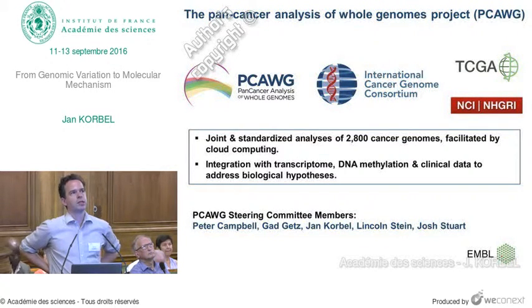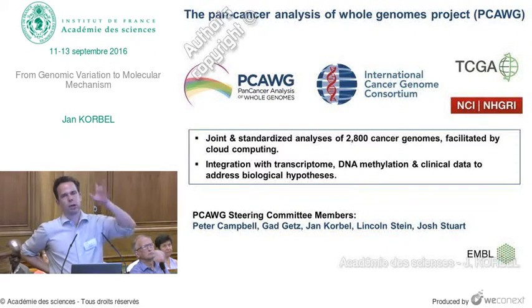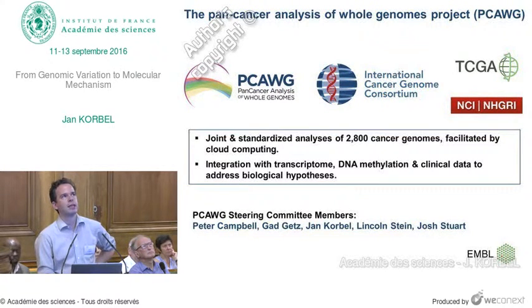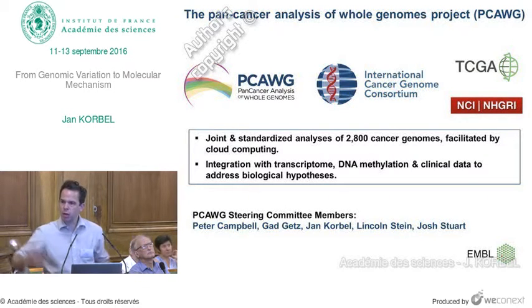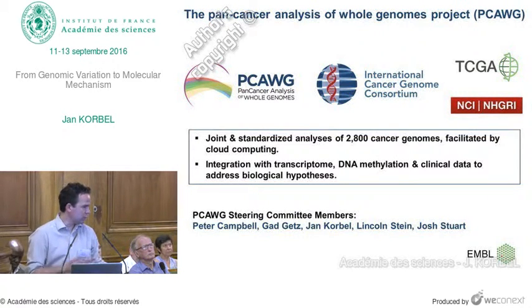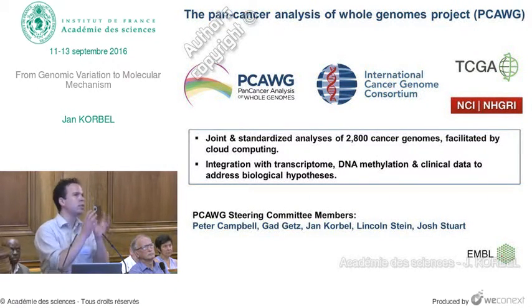And for about 2.5 years, I'm jointly leading with colleagues in the UK, Canada, and the United States a project that is tackling the analysis of 2,800 complete cancer genomes, which we are jointly analyzing using an agreed upon set of computational